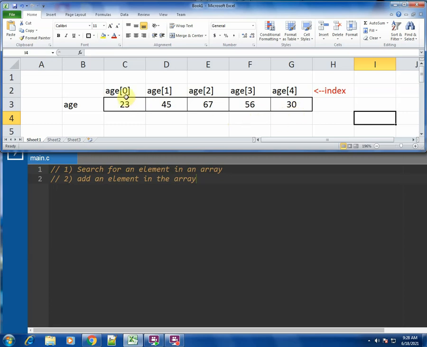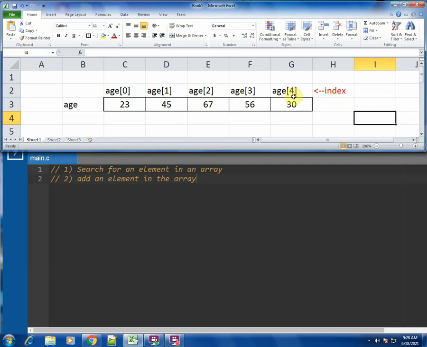Now what you see on top, again I'm repeating, are the indices of the array. The first index is age of 0, second is 1, third is age of 2, next index is 3, next index is 4.